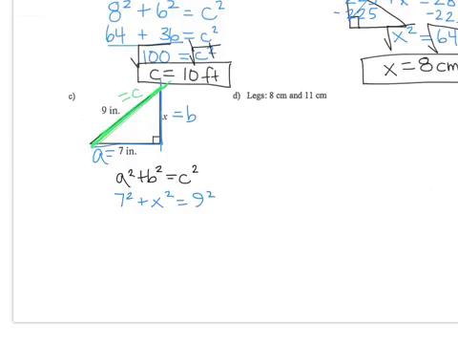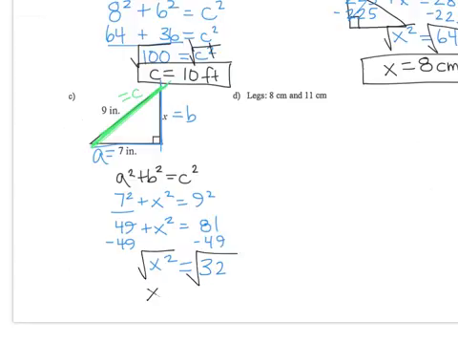So now I simplify. 7 squared is 49 plus X squared. 9 squared is 81. Now I solve for X, so I subtract 49 from each side. X squared equals 32. So I'm going to take the square root of 32. When I do the square root of 32, I do not get a whole number. I get an irrational number. So on my calculator, the decimal is